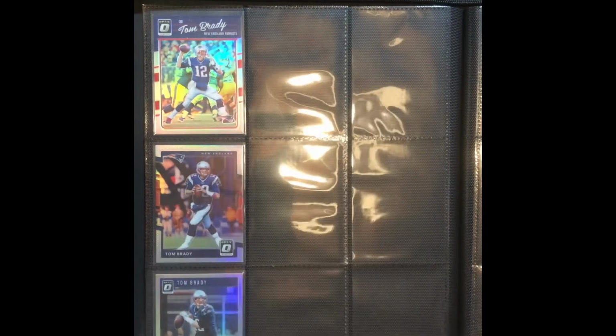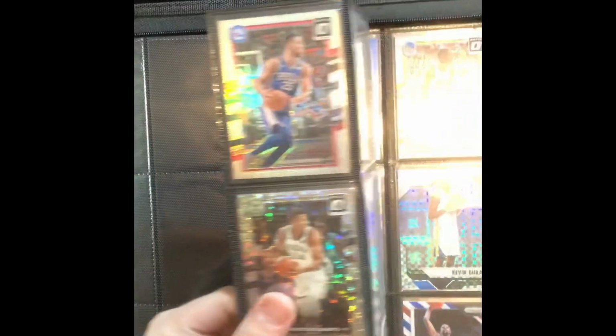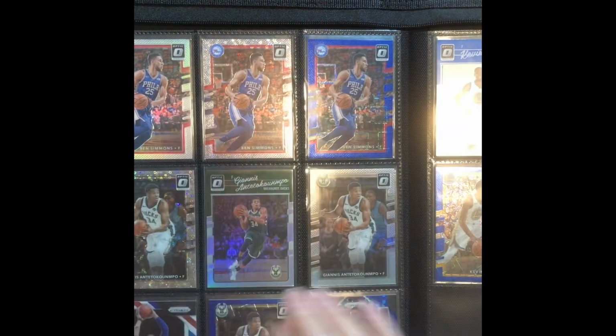Hollow 16, 17, and 18 for Brady. I've got there's my 18 Mahomes. Some Ben Simmons shine, some more Giannis shine, Kevin Durant shine. They got moving stuff around in these books. So